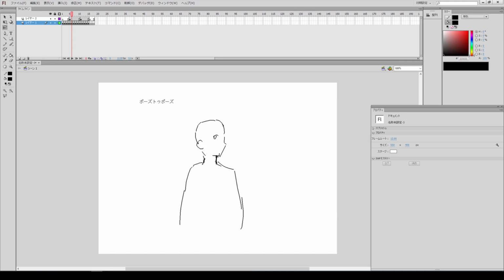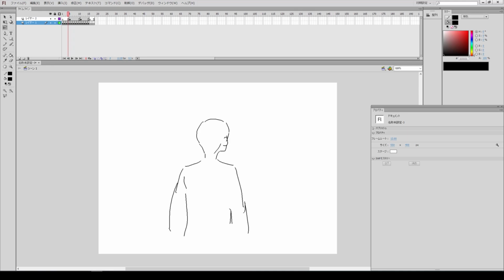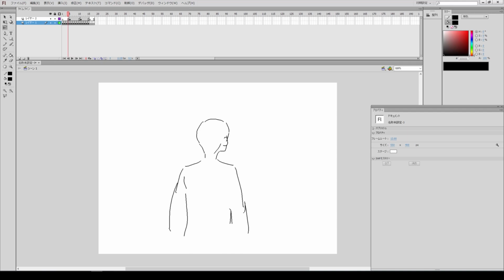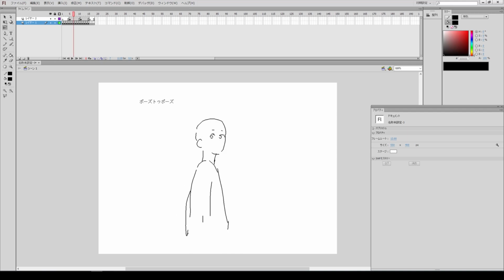Imagine you check the direction. Let's say there's a key animation of completely turning back. It's better if we don't need in-betweens, but this movement would require them. The method has evolved. It now involves inserting reference drawings or making them up yourselves. It's meaningless to talk based on the old methods now.